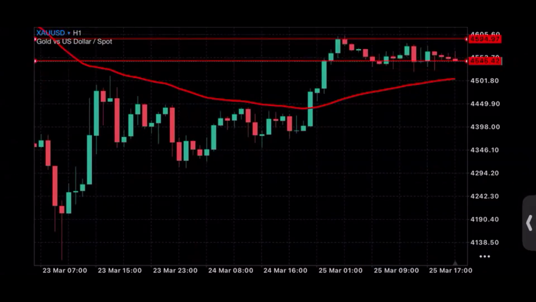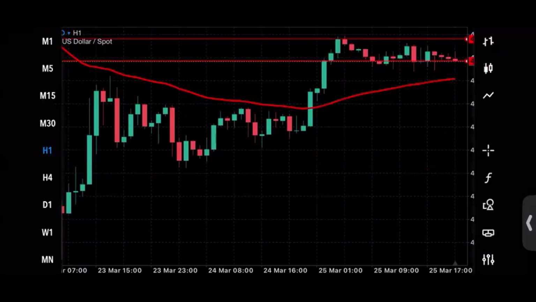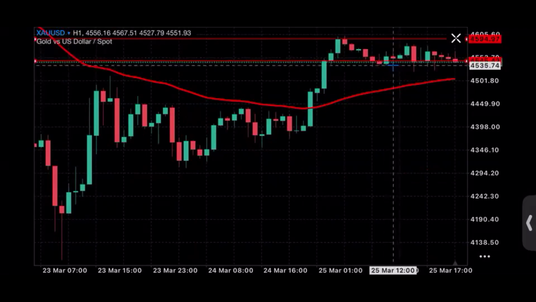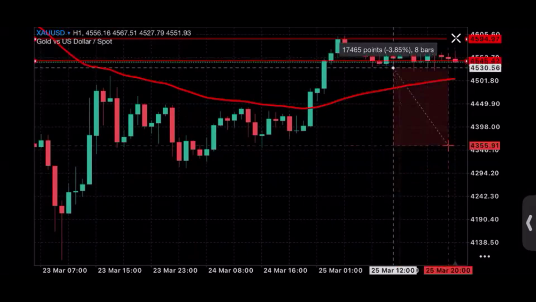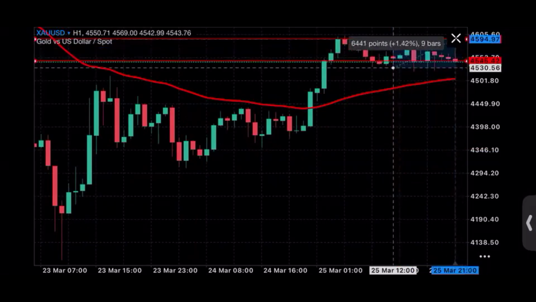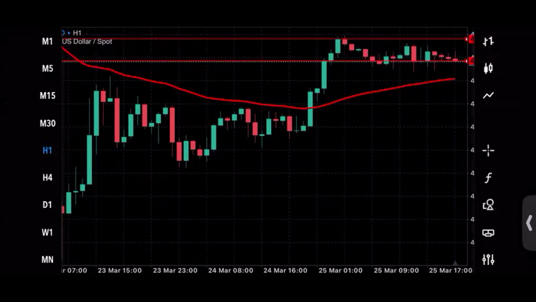Where is the low that caused that high? The low is at this level here. This is the low. And you can see it's still struggling with that level. So if I want to go for that trade, this is a lot actually. This is about 644 pips. That's why I say you can't use this on gold. This is 644 pips. That is about $64, even if you are using a 0.01. That's a lot. But if you have enough capital, the risk to reward is also very good.